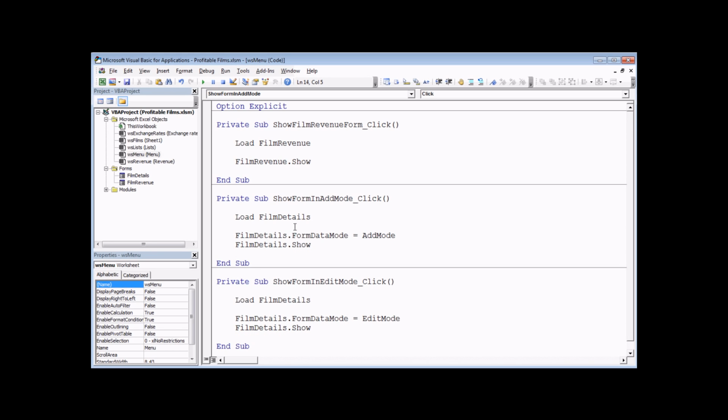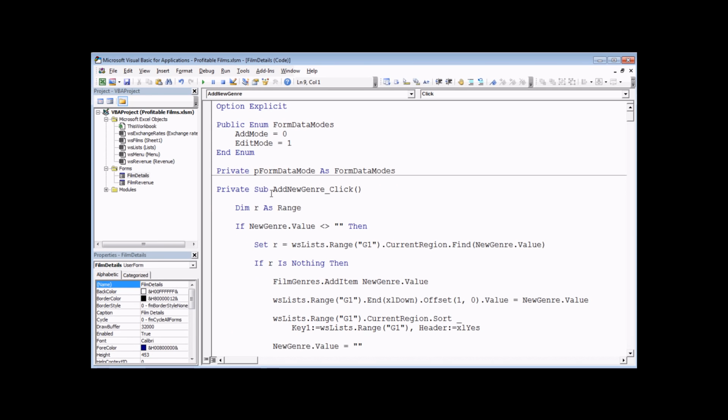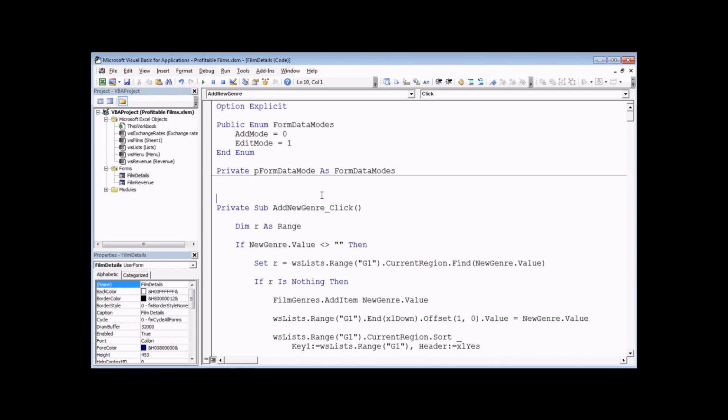So we need a way to expose that property publicly, and to do that, just going back to the code view of the form, we're going to declare a public property. I'm going to do this at the top of the code page of the form. It doesn't really matter where I do it, but just to keep everything in the same place, I'm going to say public